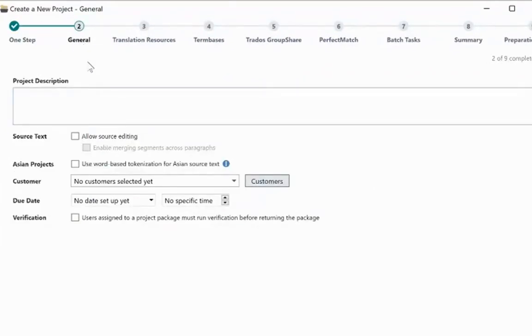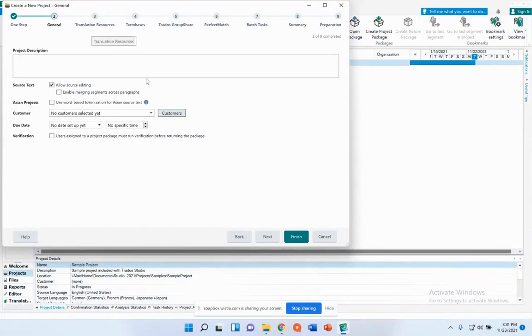Now we go to what's called General. In General, we have these settings. It's useful to choose Add or Allow Source Editing. So if there's a problem with the original text, the source text, we can change it. This is not an Asian project. We could add a customer name if we wanted. We could add a date. But we're just going to do the basic today, and all I want to do is choose Add Source Setting. We're still not finished, so we're going to click on Next and go to the next station